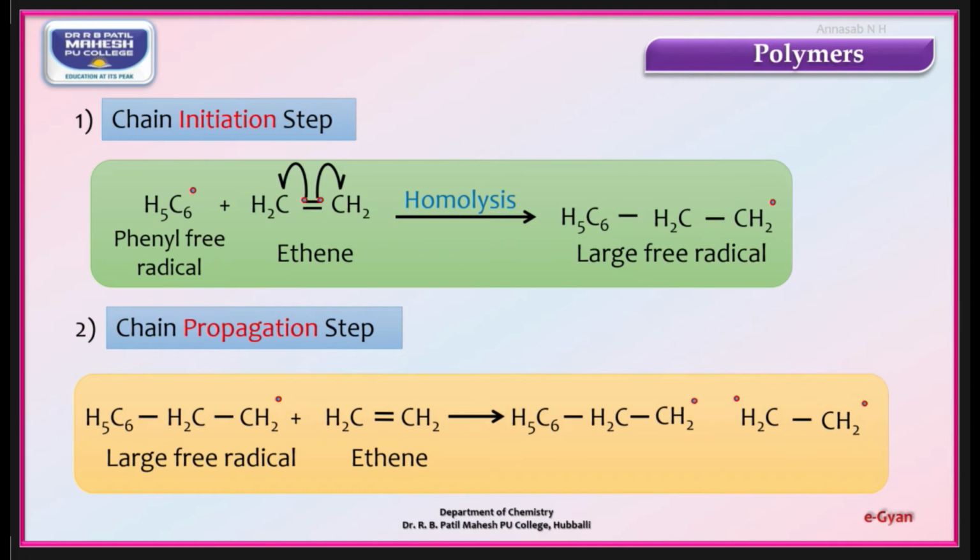You can observe that the same process takes place again. The bond between CH2=CH2 breaks, that is homolysis, leading to the formation of a new bond between the CH2 of the large molecule and the ethene molecule's CH2. So there is a formation of a new bond, and again there is a free radical, and we can call it a larger free radical. If you take n number of ethene molecules, the repeating unit CH2CH2 n times leads to the formation of a larger free radical.